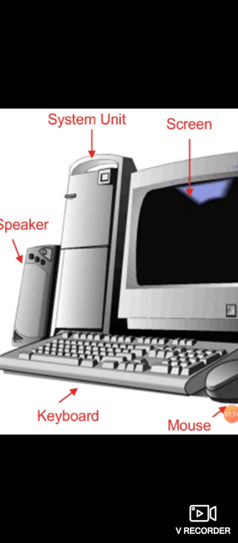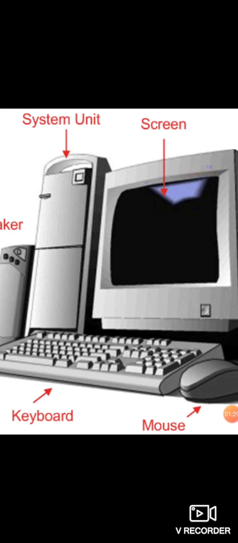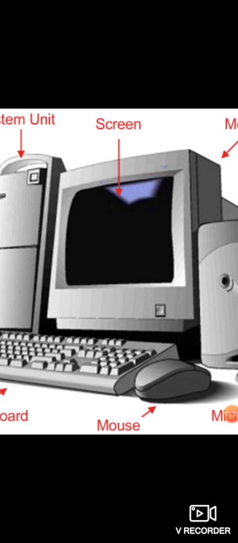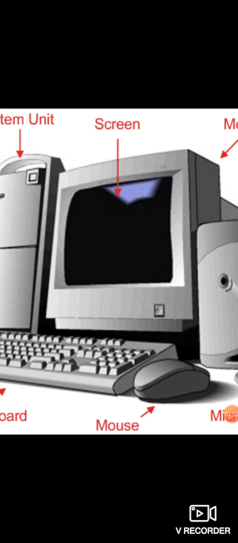And then the most important thing: through what device can we communicate with the computer? Through the keyboard. Okay, so through the keyboard only we can type text or any numbers and send information to the computer. Keyboard is the main input device. Okay, and then you can see here this is the mouse. So through the mouse you can select, you can click, and you can drag or move the text or images. Okay, this is called the mouse.